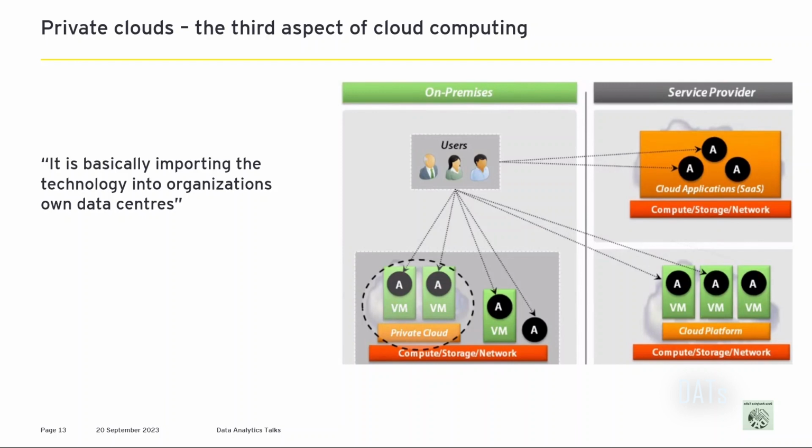Coming to the last part, that is private cloud. It is basically importing the technology into the organization's data center. Instead of using our own VMs, you can bring a cloud infrastructure into our organization. That's where we use a private cloud. Some people use a hybrid, with some portion in private and some portion in the cloud. That kind of architecture is also called hybrid cloud. Because of various reasons, such as the confidentiality of the data and data governance policies or rules, these hybrid or private cloud options are promoted.